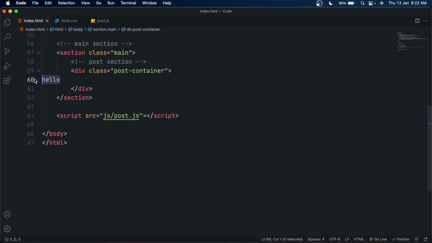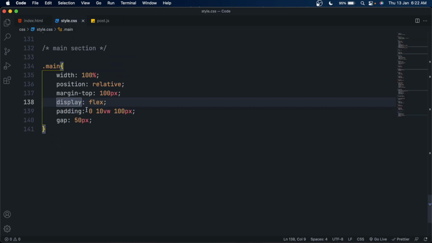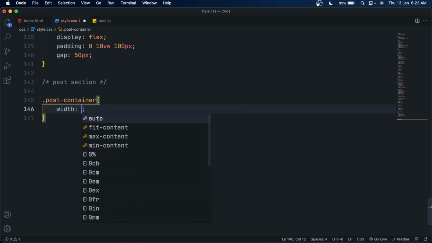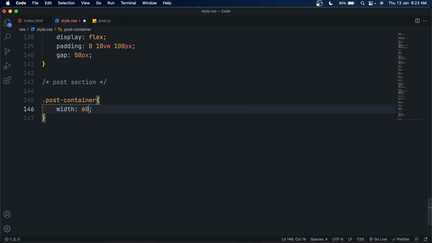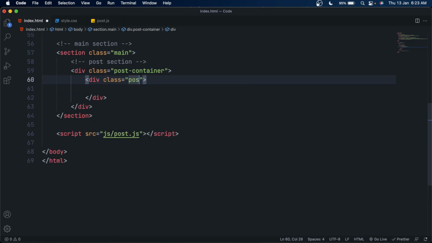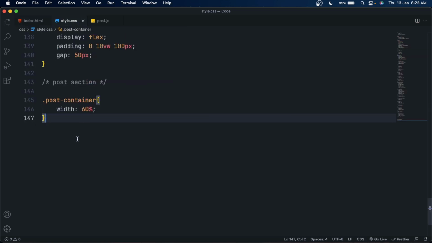Great. Instead of hello now, select the post container in the CSS and let's style it. Set its width to 60%, let's say, because we don't want it to cover the full screen. And let's make the post. For the post, make a div and give it a class post, which is a very sensible class.